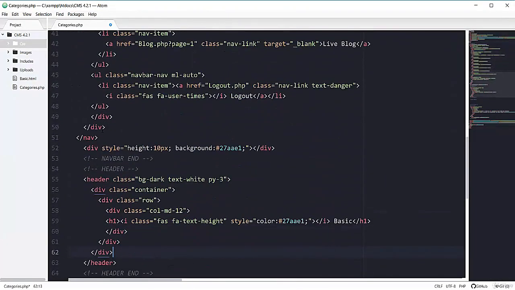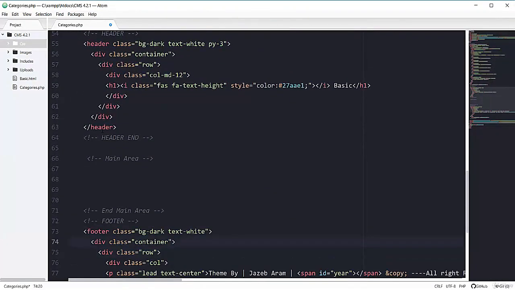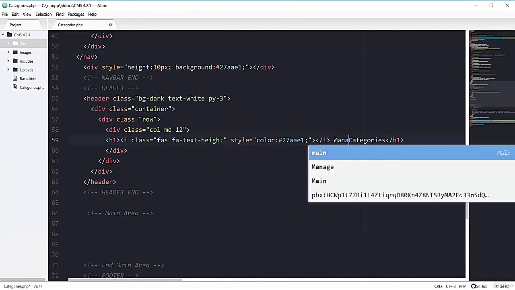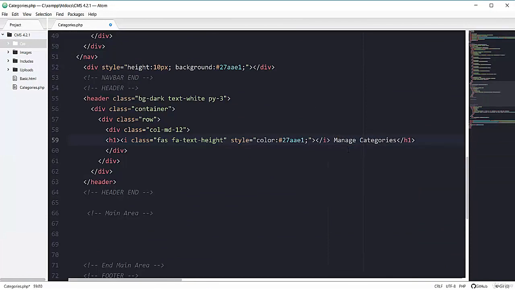Now going to our header section, here you can see the basic one, so I'm gonna change it to manage categories. And for the icon, we will have icon of fa-edit. Saving this one. Now let's bring it.